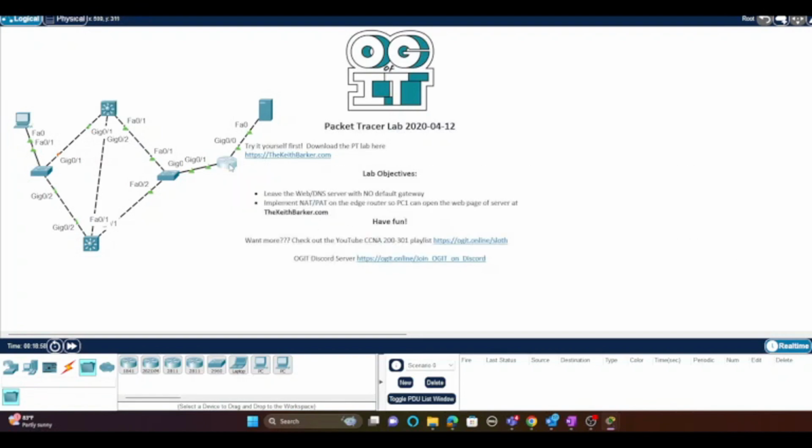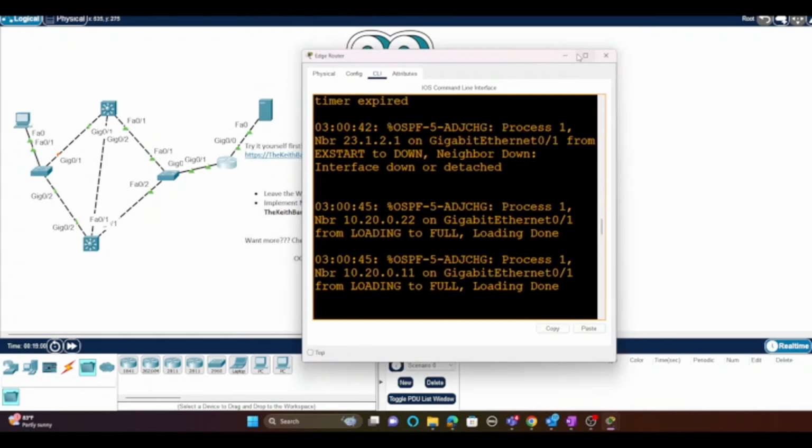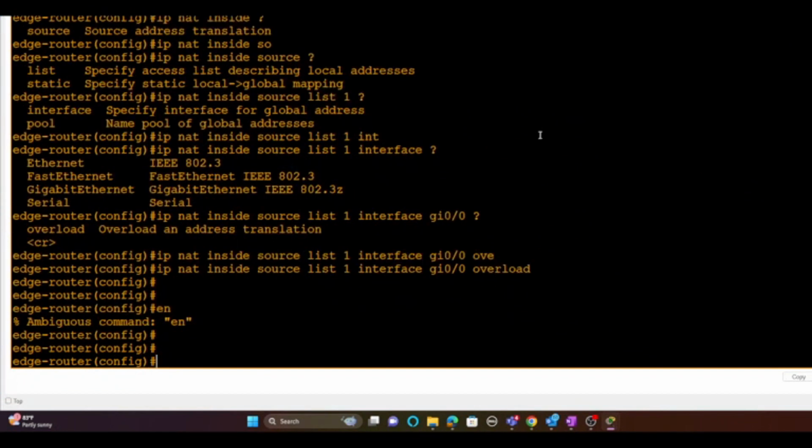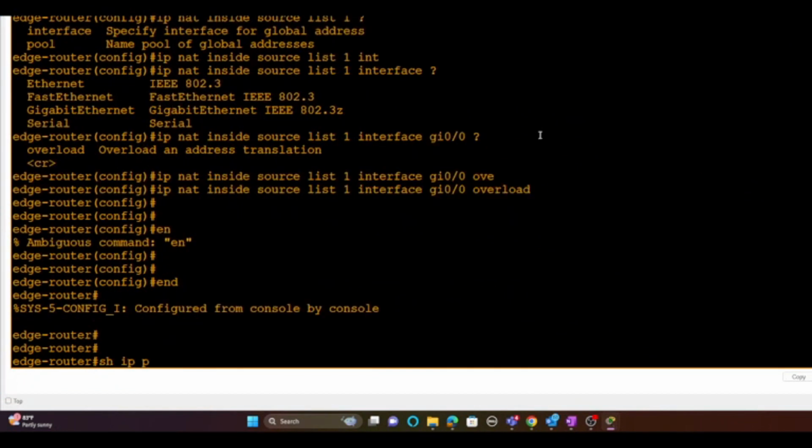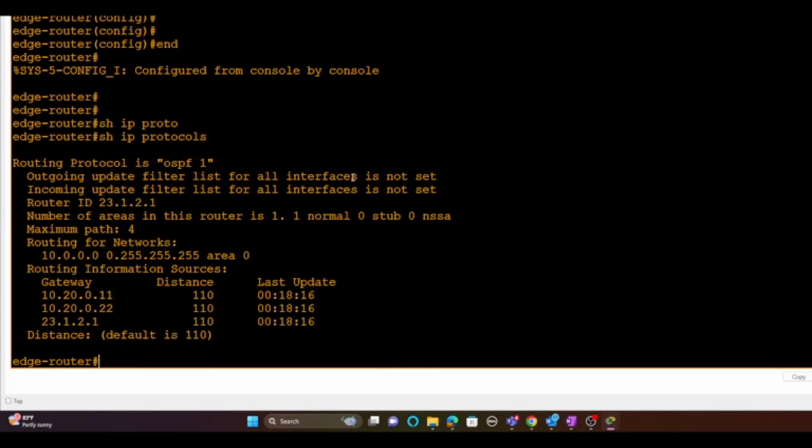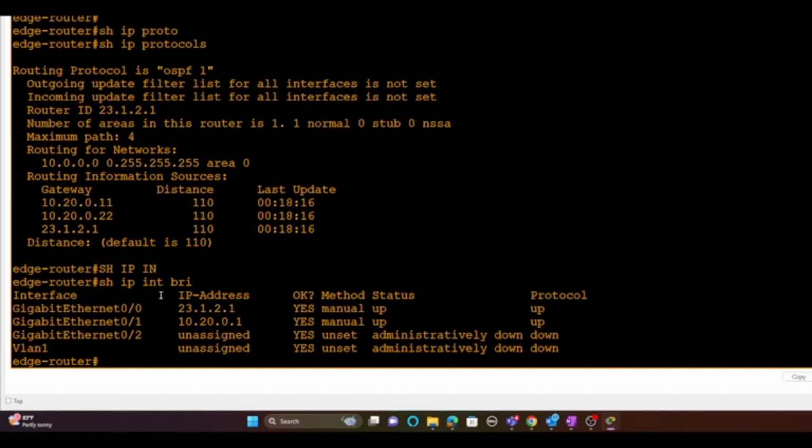So we're going to go there and we're going to go to the CLI, and if we do show ip protocols, this will tell us what routes or networks we're advertising with OSPF right here, and it says we're only advertising the 10 network. So if we look on the router, we have a 23 network and this 10 network. So we need for OSPF to also advertise this